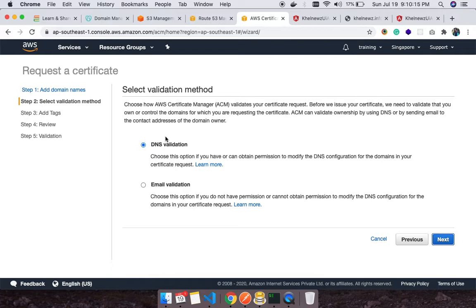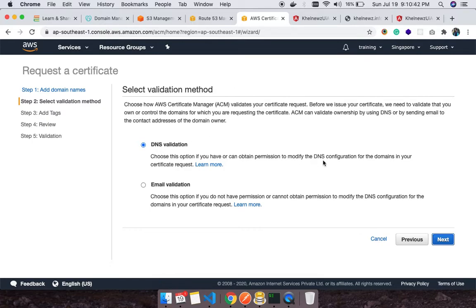So when we are requesting a certificate from AWS, we have to validate that domain because it is not registered through AWS. Now, how will you do that? AWS has two options. One is DNS validation and the other one is email validation. Since for that particular domain, kalenews.info, I don't have an email ID, I'll go with DNS validation, right?